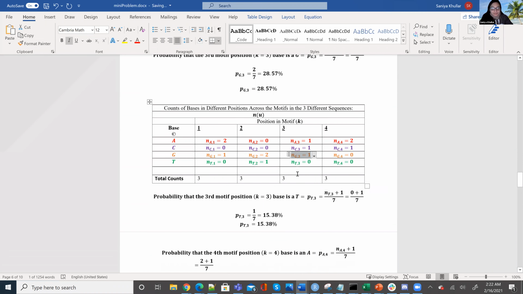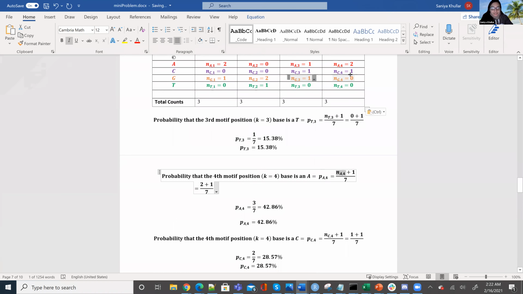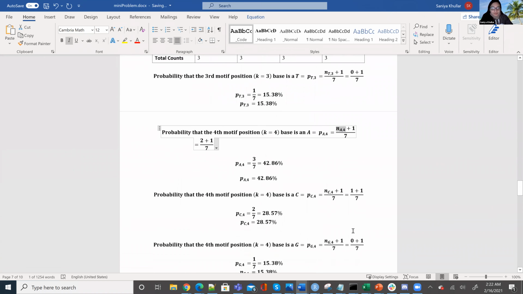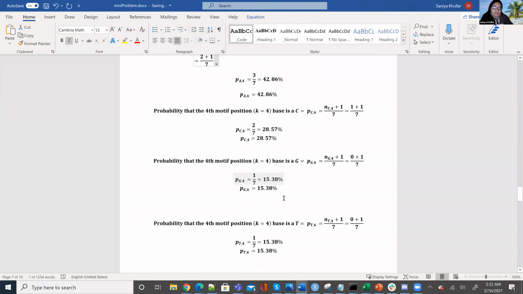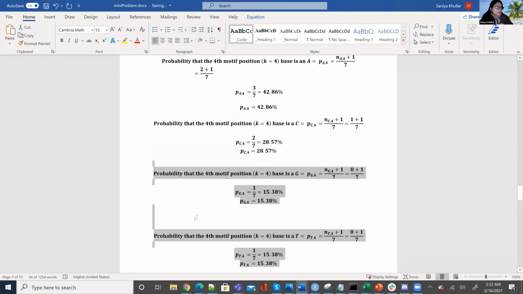And then we just add 1 to it, and then we get 2 out of 7 here for G being in the third position. And then in the fourth position, again, we see that we have 2 A's. So we put 2 plus 1 and we get 3 over 7. And similarly, we can find the C's is 1 plus 1 over 7, so 2 over 7. And this is showing the effects of the smoothing with the pseudo counts of 1 that we get, like this 15.38. Actually, I think that should be,